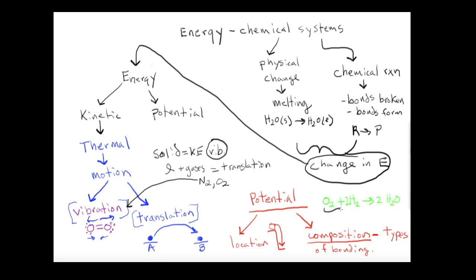The two reactants here, the O2 and the H2, have high potential energy. It's okay to think about these two reactants as sitting at the top of a cliff. But the top of that cliff doesn't have to do with the location, right? It's not a physical location. What it has to do with is the types of bonds that they have, all right? And the H2O, which is what the O2 and the H2 become, has a lower potential energy.